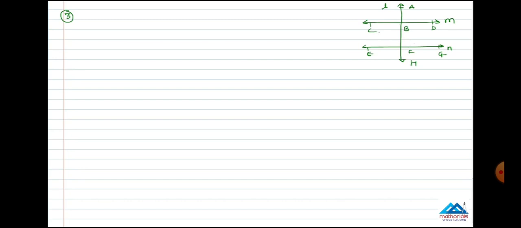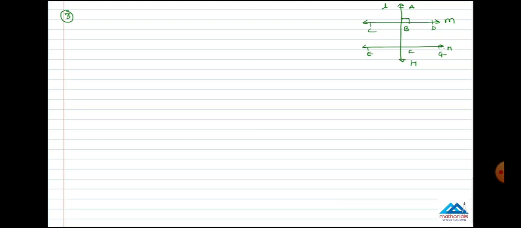In this question the figure is not there, so we will draw the figure, and with the help of this figure we will prove the line is perpendicular to one of these two parallel lines. Suppose, student, this is 90 degree, because perpendicular forms 90 degree, so we have angle ABD equals 90 degree.